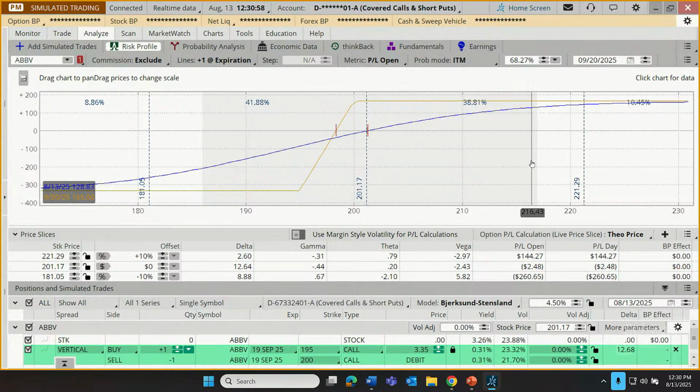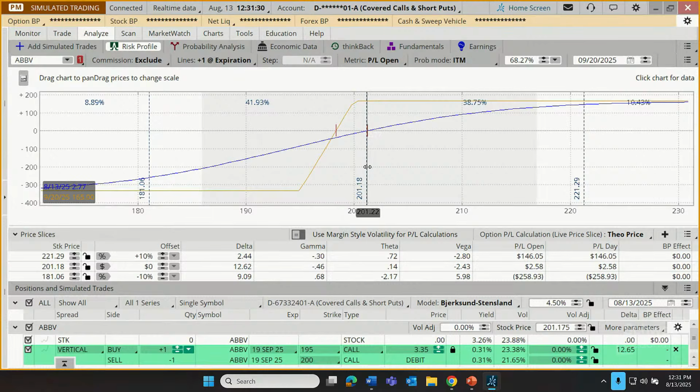Great. That's good for this trade. There's about a 10% chance that the stock lands somewhere beyond that, an extra big move. That would also be great for this trade. There's about a 42% chance that we land between 201 and 181, and about a 9% chance that we land somewhere lower. So those are nice, but those are not specifically coordinated with the trade that we're trying to analyze. So a nice feature here is we can just drag these slices around to fit our trade.